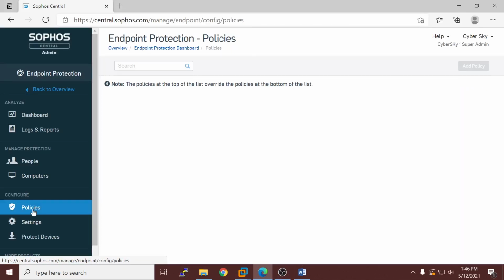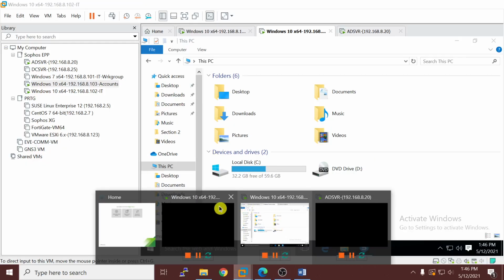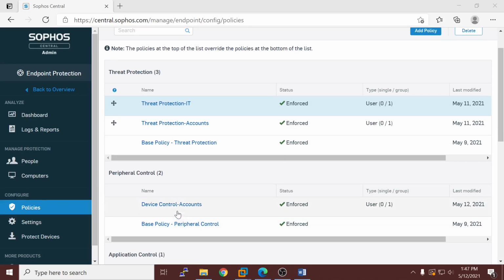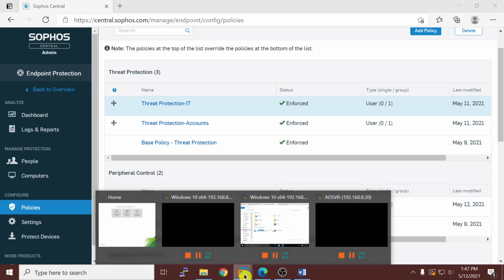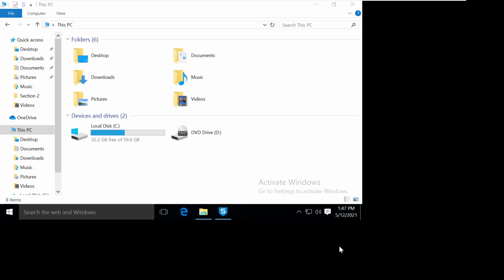Also, if you come to these policies, guys, let me do something here. So I am adding this policy for the account groups. Only these account groups will have this policy applied, but at the same time I have a domain administrator here, so I need to log in as a domain administrator. Let's see if I see this device if I log in as domain administrator, that means as an IT administrator.